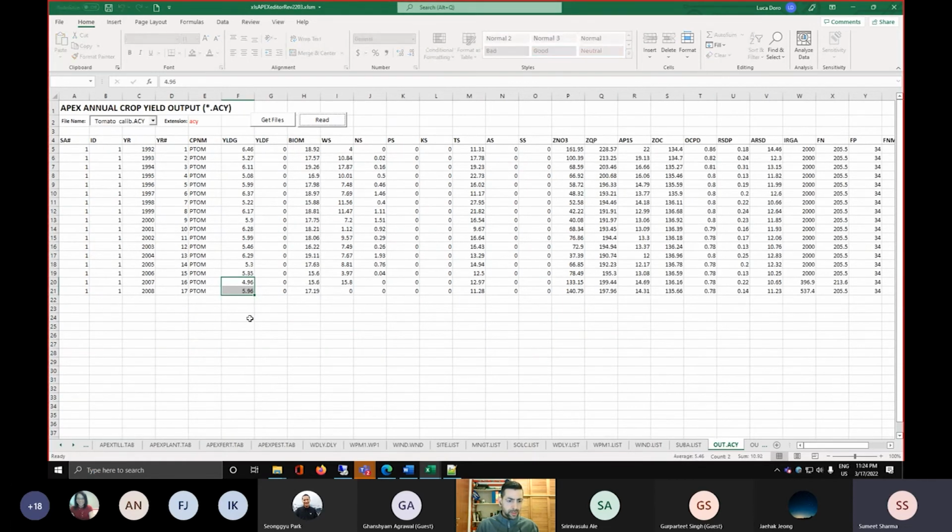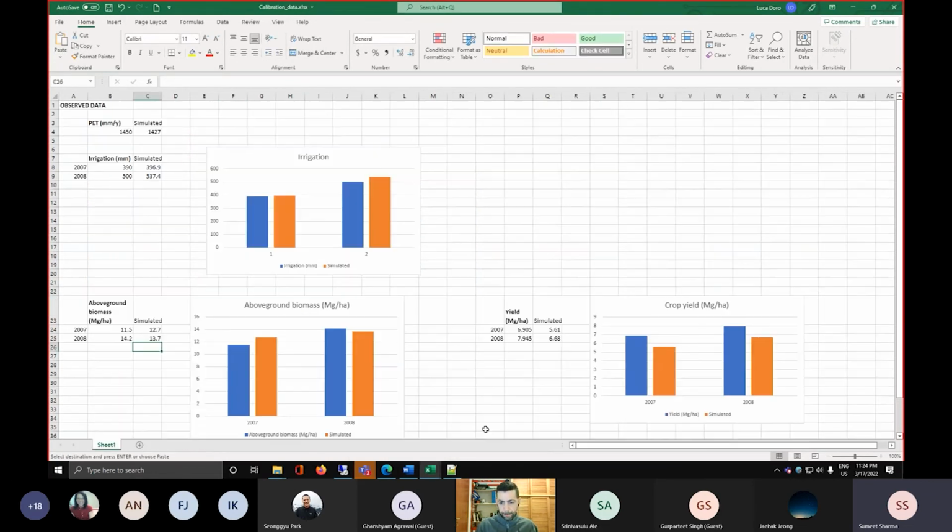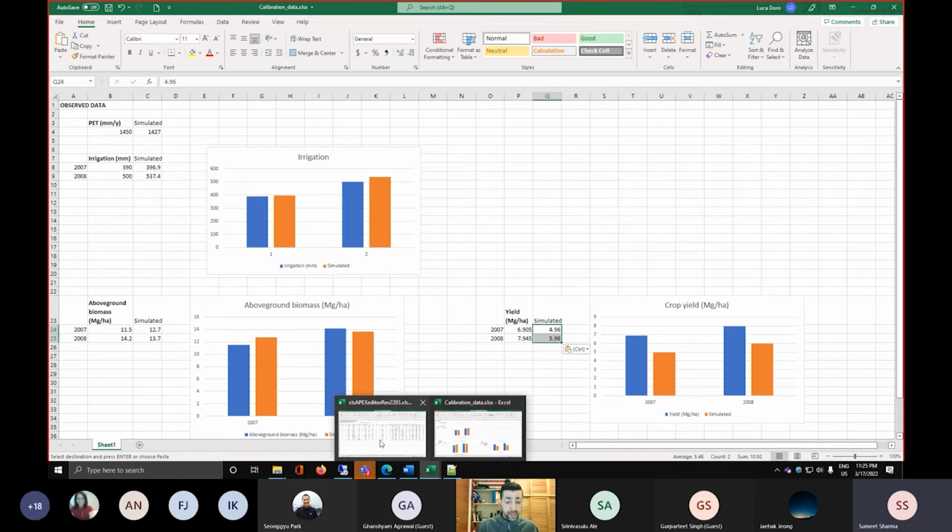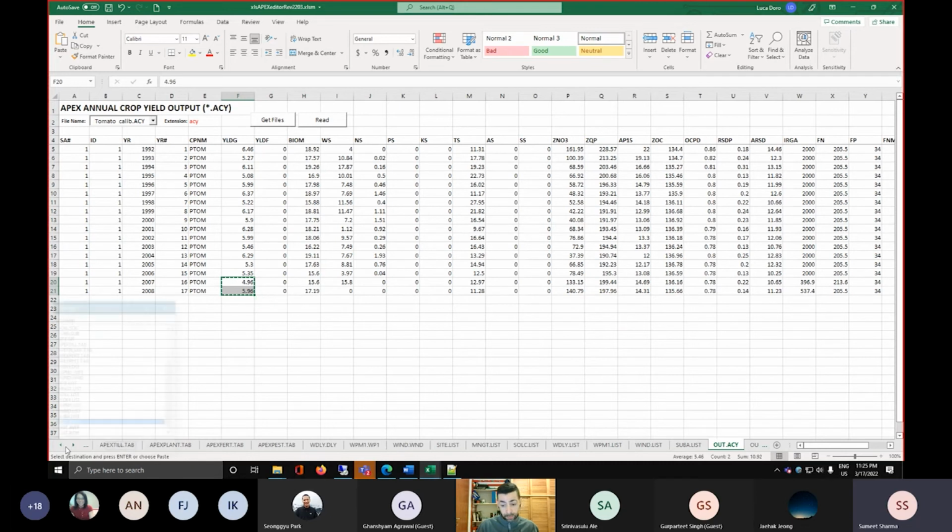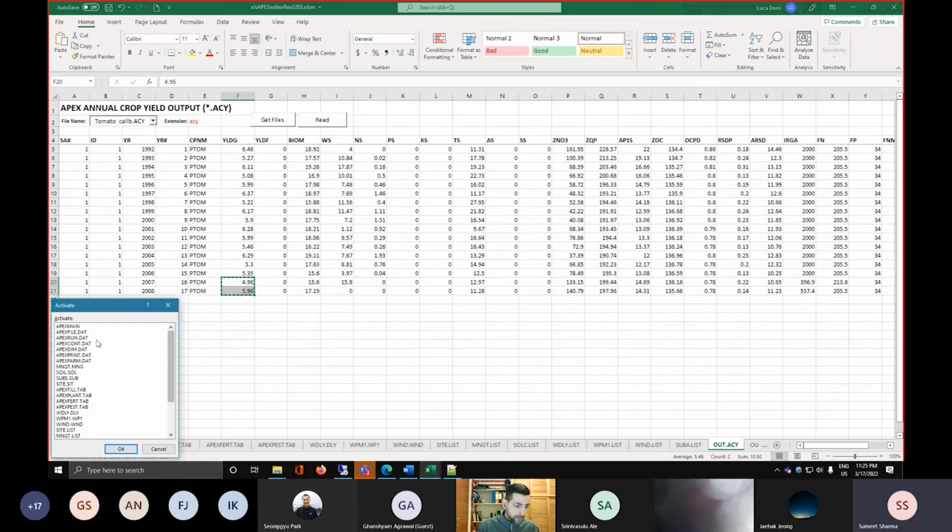Let's read these. Let's put these two values in here, and I see that, okay, now I have my above ground biomass that is reasonably close to what was observed, but my yield is still very low. Let's assume I do some research about the variety that I'm using, or the variety that was used in the experimental field,